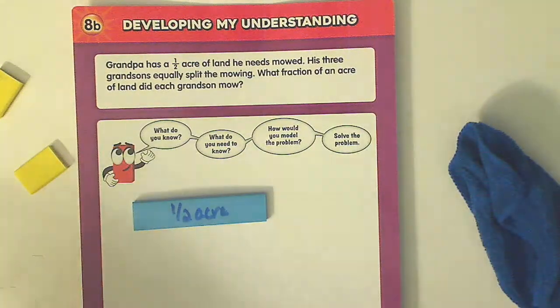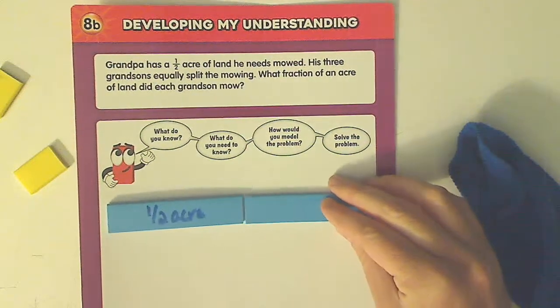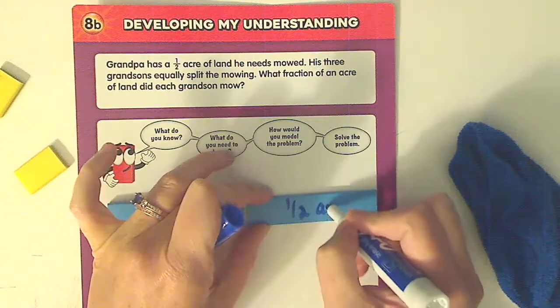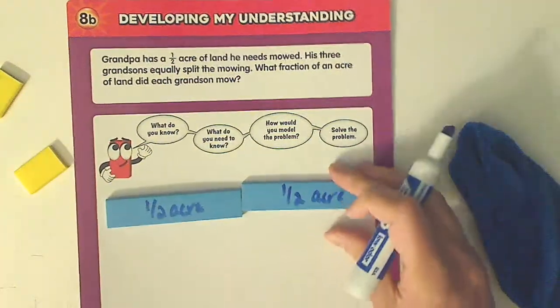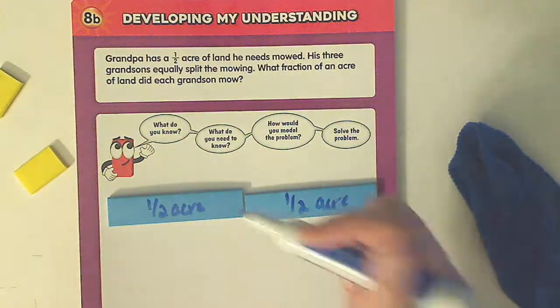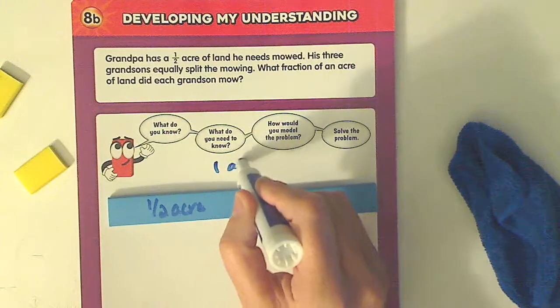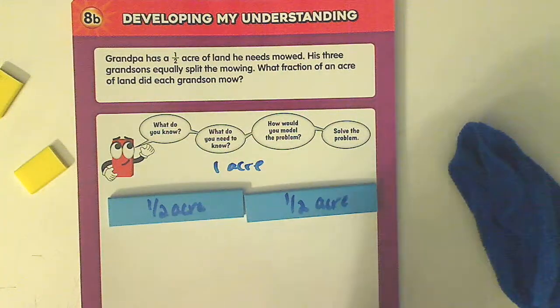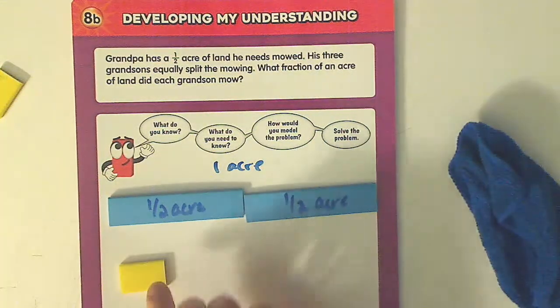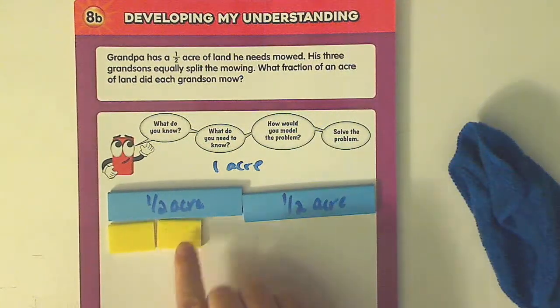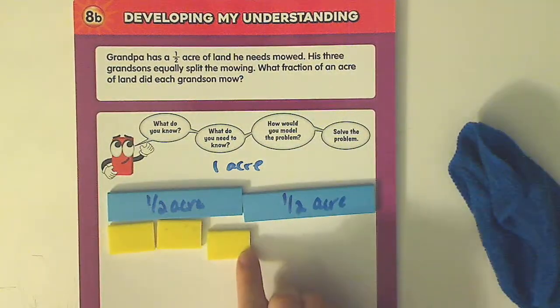And what we need to remember, though, is we want to try to compare it out of the whole yard. And that's where it becomes a little bit different, because this is a half, so this is the other half. We know that this is already done, but we still have to compare it out of the whole. So this is the 1 acre total, this whole thing. And so if we were to look, if this is one kid, and one kid,